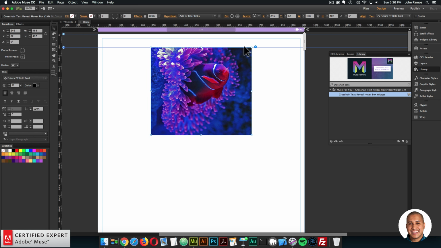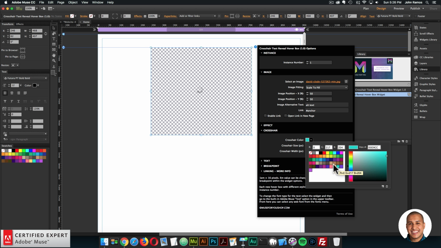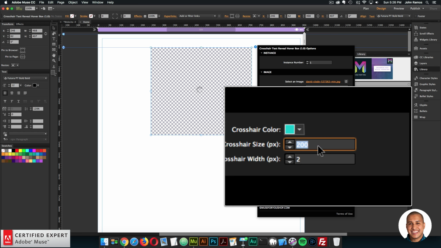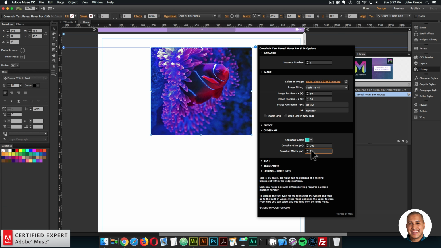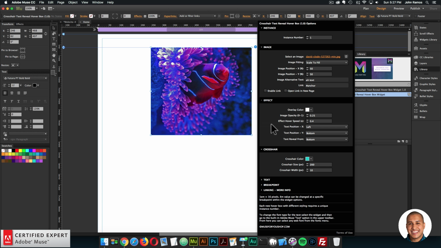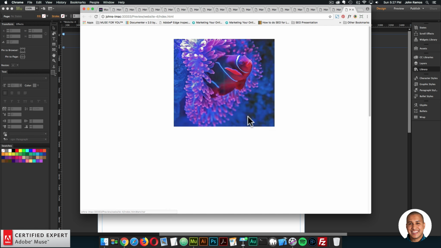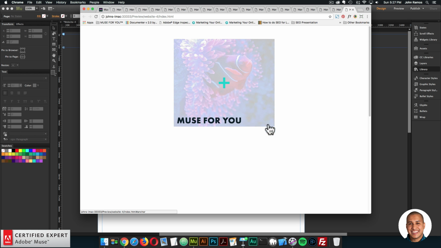Perfect. And I'll work with the crosshair a little bit. So I'll change the color to something like this. You can change the crosshair size, and I'll make the width a bit bigger. I'll say 10 pixels for the width. And looks good. Let's go to the effect. Yeah, we'll leave the effect like that. And I'll preview. And perfect. So there we go. I'd probably work with the colors a bit, but just to demonstrate that everything is really customizable,